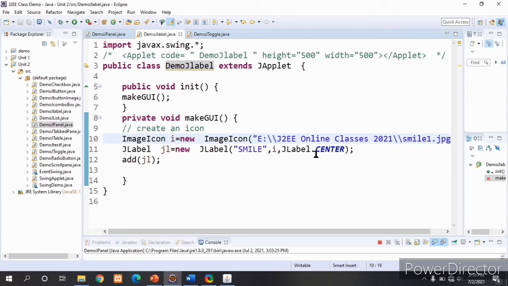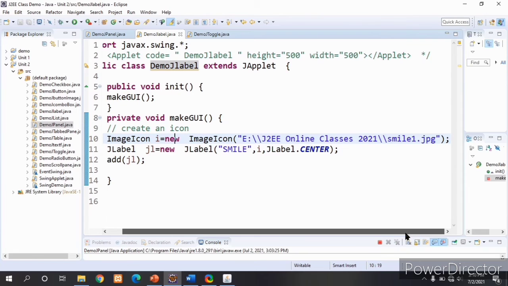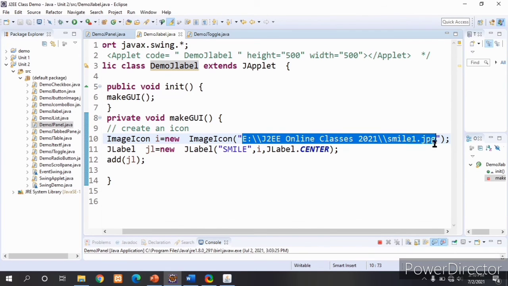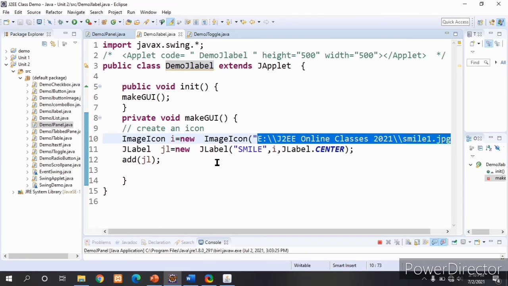So we are creating the object of the ImageIcon class, and for that we are passing an argument, that is where the image is stored. That file path we are passing here. That image it will display on the appletviewer or the content pane of the appletviewer.